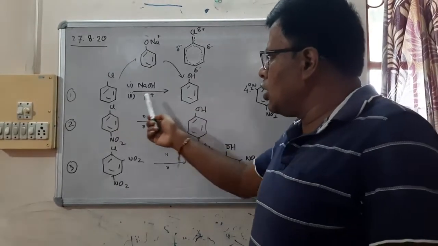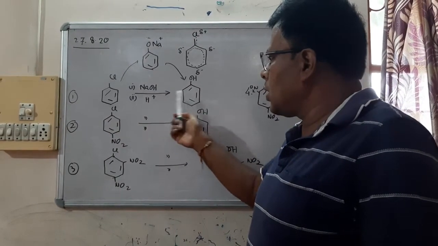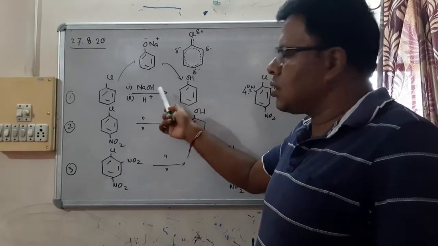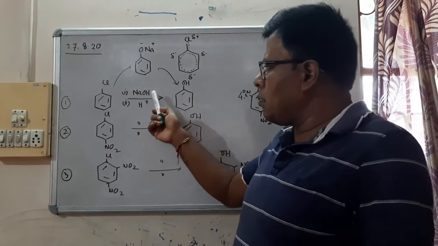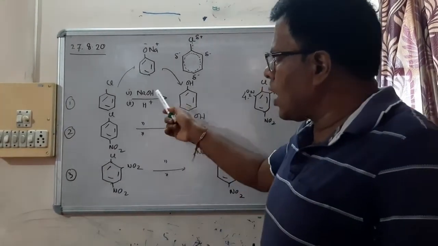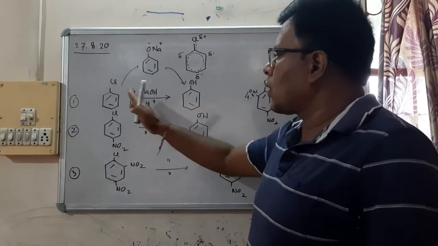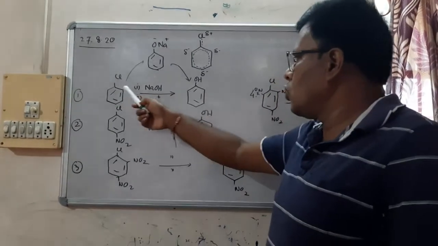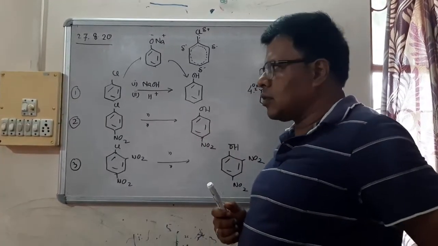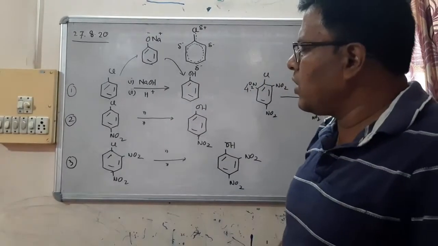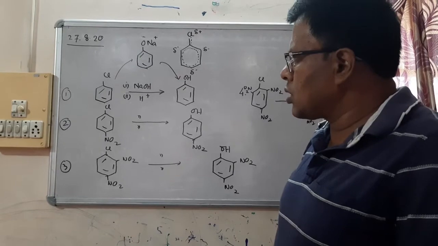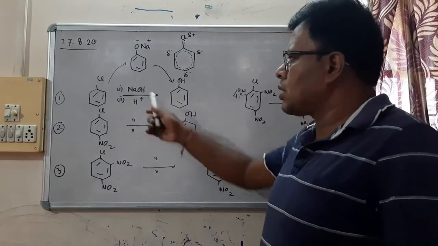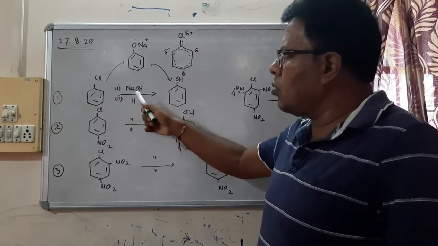So this is actually a nucleophilic substitution reaction. But to carry out this reaction, high temperature and pressure is required. I have not mentioned here the temperature and pressure. You can see in your book, high temperature and pressure will be required. And then this Cl gets replaced by OH. So it's a nucleophilic substitution reaction. It doesn't mean that haloarenes do not undergo nucleophilic substitution at all. The thing is that they do so with a lot of difficulty. That's why high temperature and high pressure will be required.